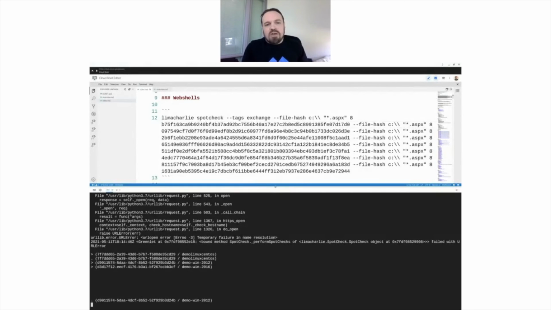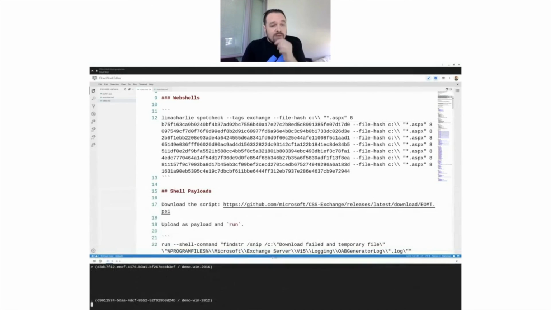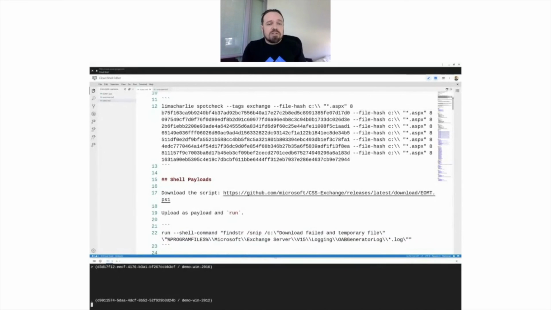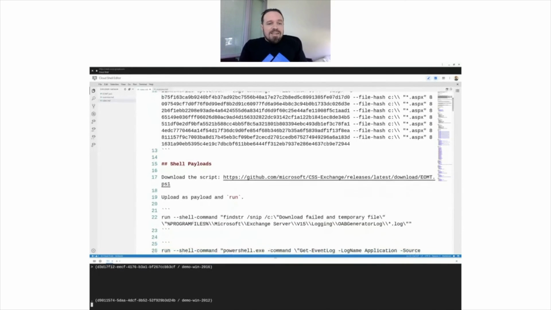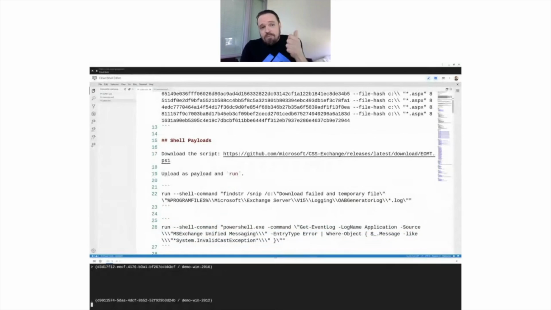As this keeps going, it would give us a good idea of whether any of the hashes is on any of those workstations. So the next thing that we can do is run the actual